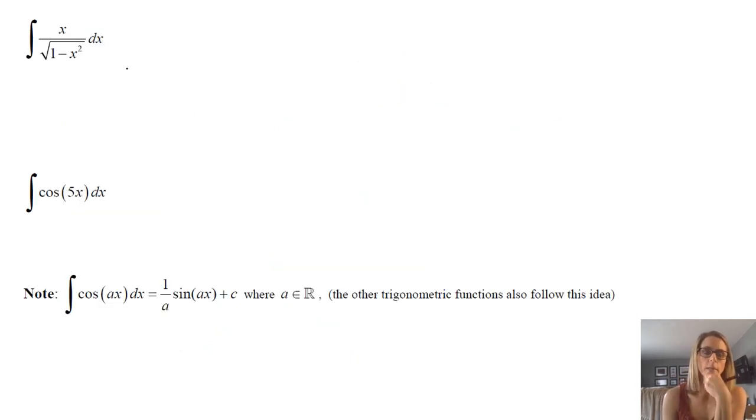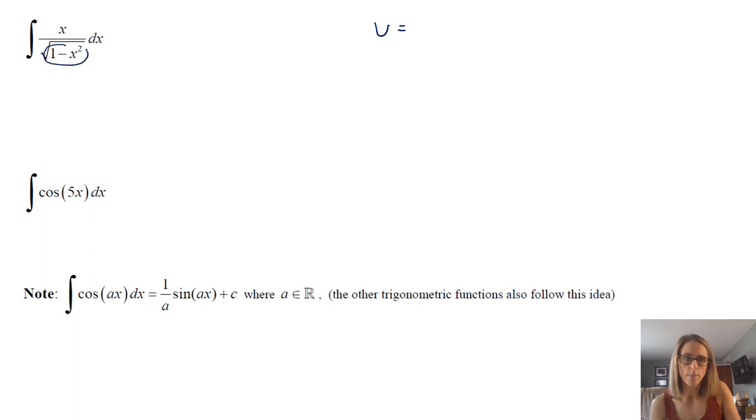Okay, so looking at the next problem, and again, I'm doing all the different types here. You have a fraction. And if it is going to be the substitution rule, obviously you first want to look, you don't have just any straight up answer to this, like using the regular rules that you have. Like I mentioned earlier, it's very common for the denominator to have an aspect of u. So it could be the whole denominator, but we notice if I make the whole denominator u, which is the square root of 1 minus x squared, its derivative is going to be a very complicated thing. And I don't have that thing. So I might want to only take a piece of things.